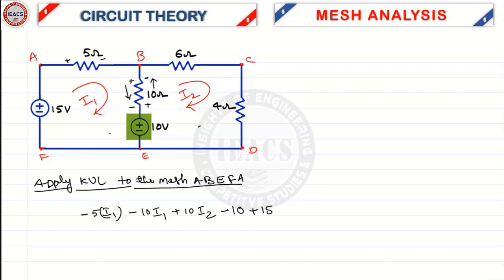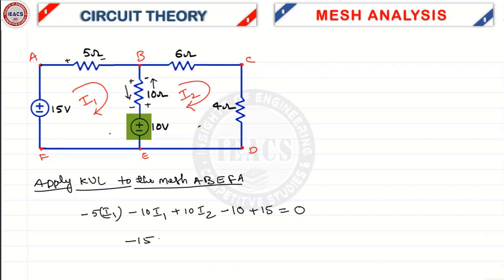I have started at point A and reached the point A, so I have completed the mesh. I have added all the voltages in mesh 1 with algebraic signs, so this sum must be equal to 0. After rearranging these terms, you will get